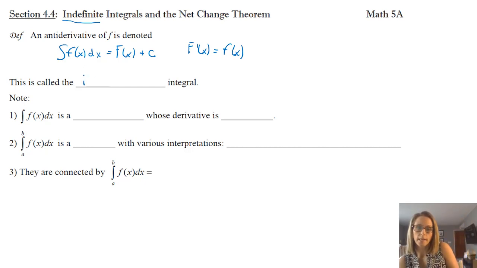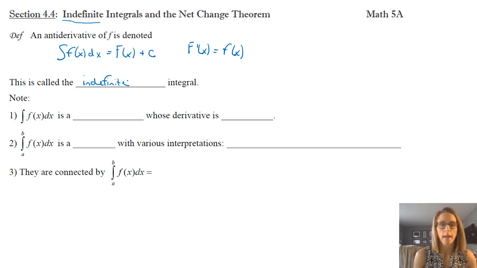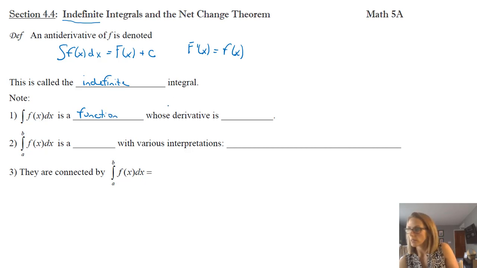This is what's called the indefinite integral, and it makes sense because the idea here is we don't have limits of integration. We are just finding that general antiderivative, and of course adding C to the end since it is a constant and could have been there before a derivative was taken. So a couple notes on the indefinite integral. The first note is that this antiderivative is a function, and as we've already said, the derivative is this little f of x.